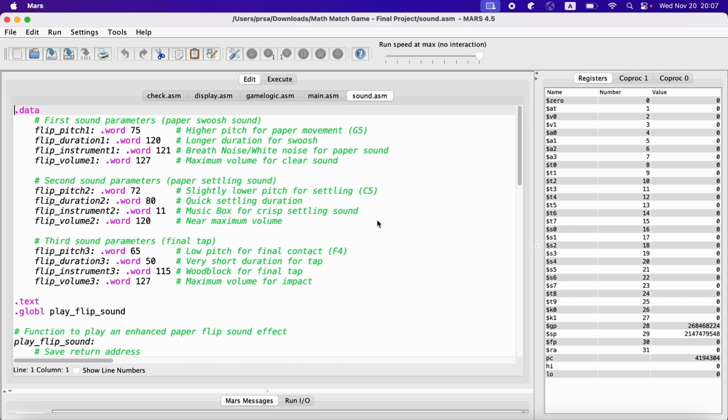Finally, sound.asm adds audio feedback for card interactions. So we create a 3-part card flip sound: a switch sound, like a paper movement, a setting sound, and a tap sound for final impact. We use MIDI parameters, with different instruments for each sound component, and varied pitch, duration, and volume